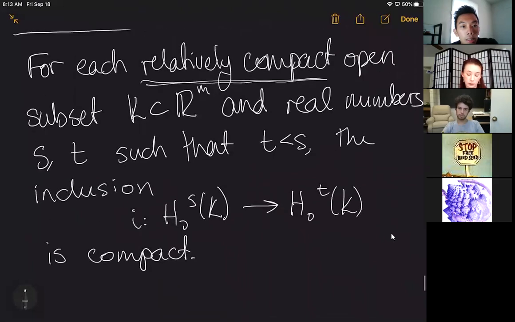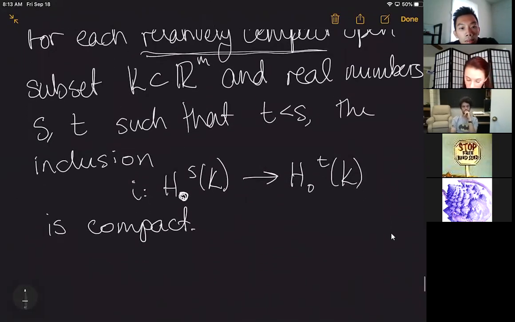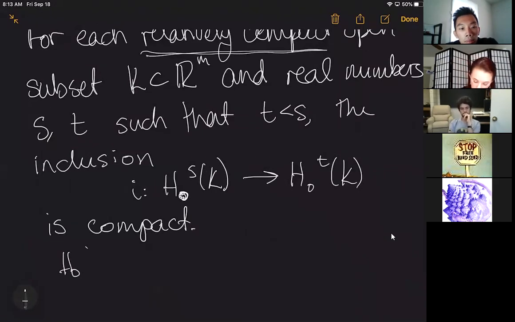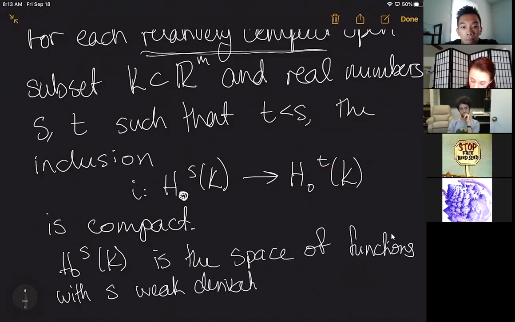Emily? Yeah? Can you remind us what H_0^S of K is? Yeah, so H_0^S of K is the space of functions with S weak derivatives such that